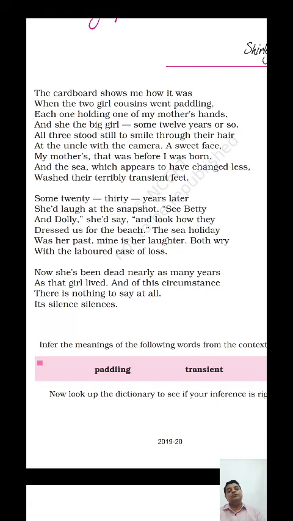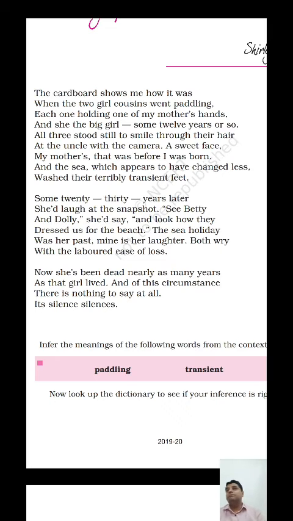And the sea, which appears to have changed less. She looks at the background. In the background, she can see the sea. This sea has changed very little. And the sea water was washing the terribly transient feet of the mother. Transient here means temporary. Human beings have their own lifespans. We are here for a limited time on earth.